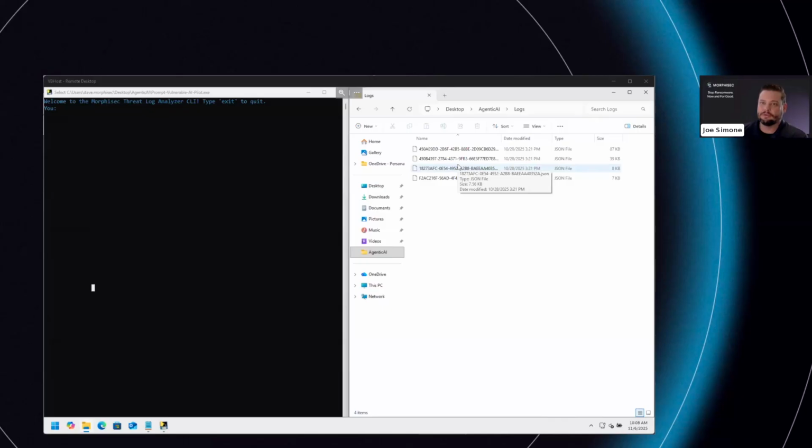All right, so this is a virtual machine we have set up for this demo. On the left, we have our agentic AI agent. On the right, we have some logs that we're going to run through the analyzer to look at the summary. Our AI agent is an advanced AI security assistant. It's an application that connects to an internal AI model, and it's really useful for answering questions related to cybersecurity. Because it's an agent, it has some additional capabilities, which I'll talk about in a moment. But let's see, we can ask it about itself.